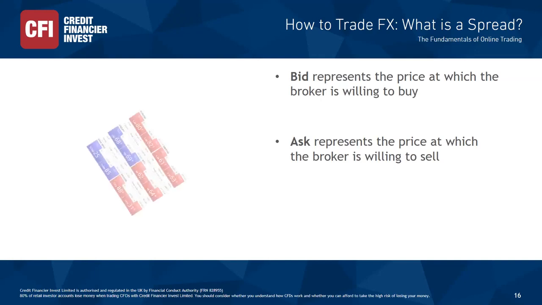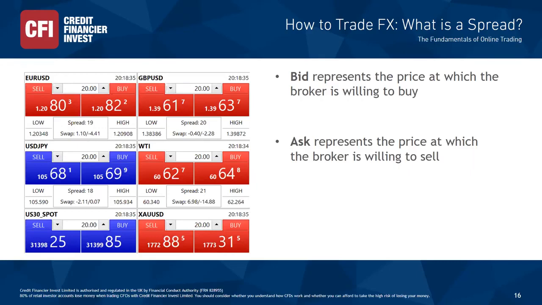And here's how it will look in the platform. As you can see here, you have two prices, and the platform in this view will also give you the spread between the sell and buy prices. You should bear in mind that the spread of the pound sterling versus the US dollar is 20 points. That is not the pip; it's usually one zero to the left, so in this case that would be 2 pips,